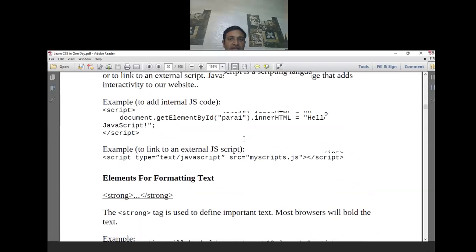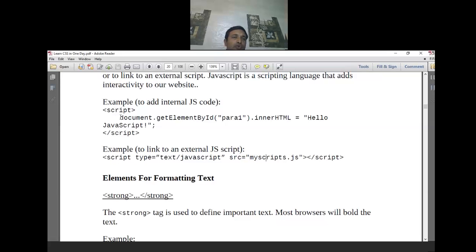Another thing is in JavaScript, the tag we already know, how to link the JavaScript. So this is the script tag, and this is basically the file myscript.js. It should be in the same path, parallel to your .html file, where you have this HTML code, so it will be referred from the same place. So that's why that script will be referred from here. Okay, and you can define whatever element.